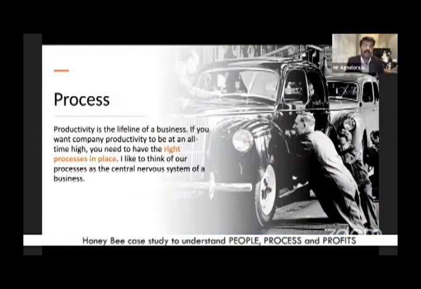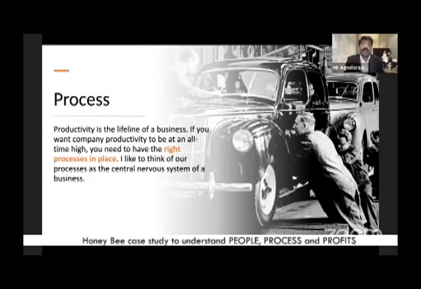Let's come to the second P. The second P is process. It is not sufficient only to have good people. It is not sufficient only to empower them. It is not sufficient to make them into a good team and train them. But what is also important is you need to arm them. You need to empower them with processes, systems, technology, environment, absolutely a strong ecosystem for them to perform their game, for them to release their output and the outcome the way you desire it.